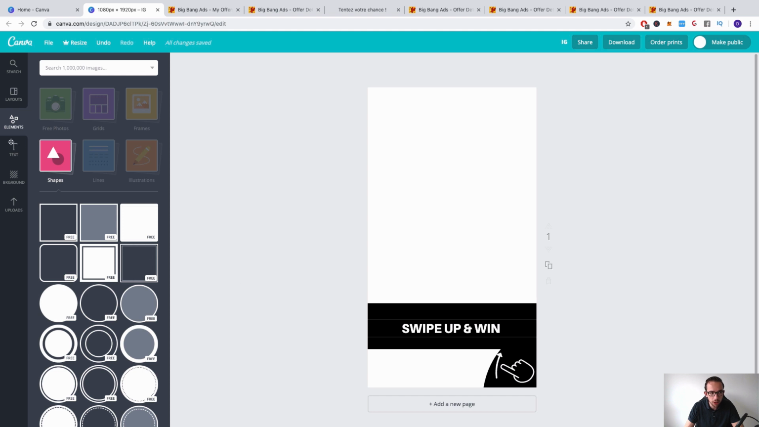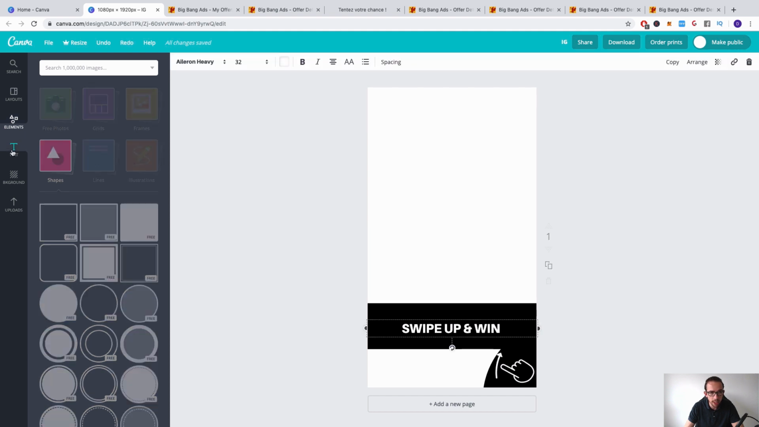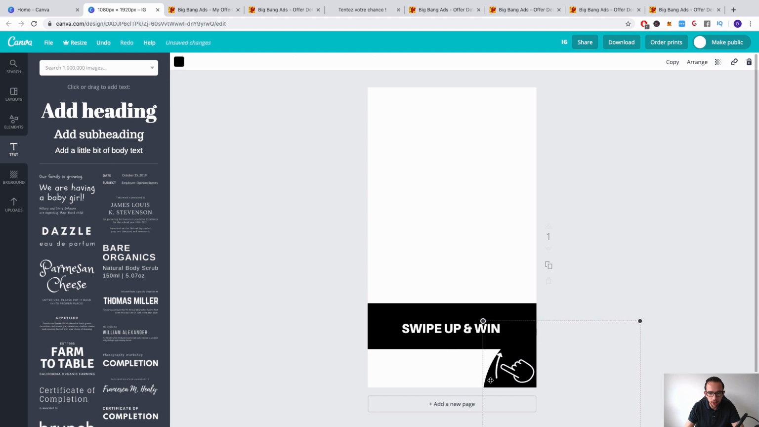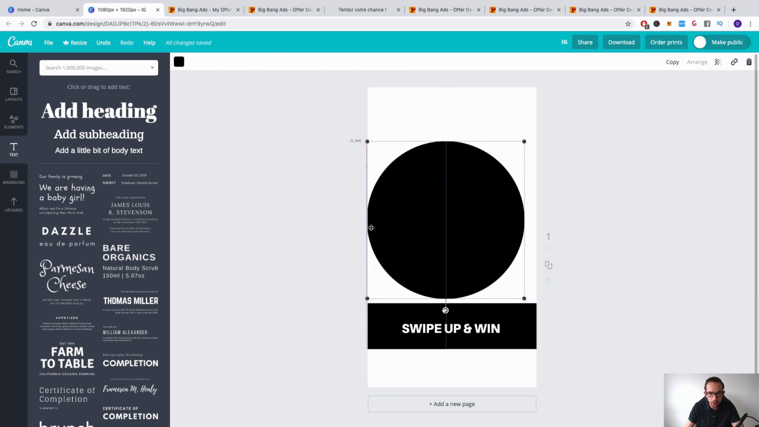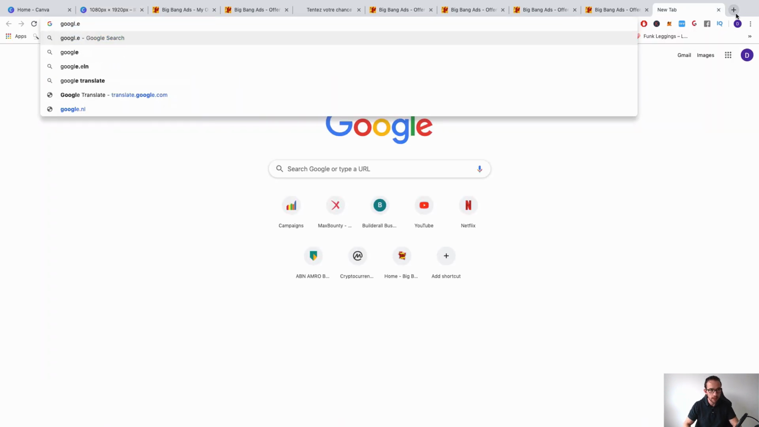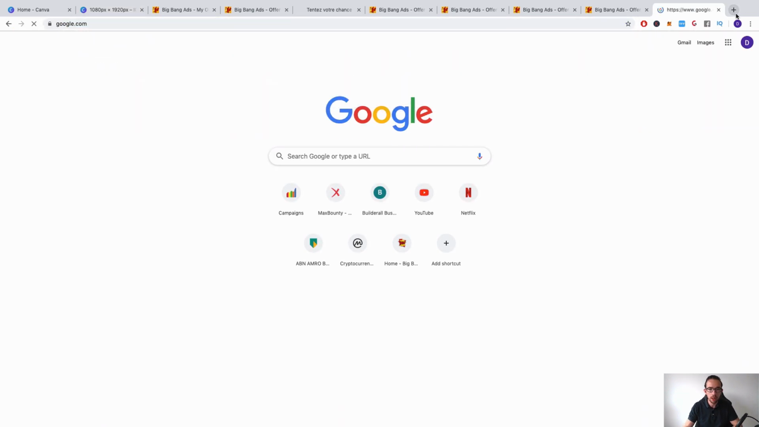For the font, you go to text, then headline, then Aileron Heavy, size 32, and just type "Swipe up and win." The circle here in the corner is just a circle, which we put like so it fits, and this is a white swipe up hand PNG from Google. So we'll go to google.com,